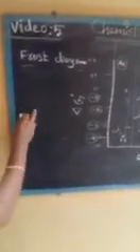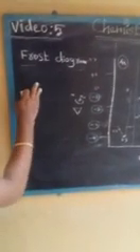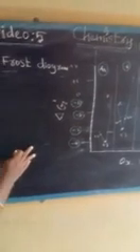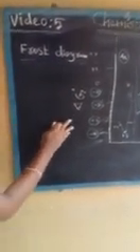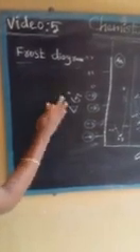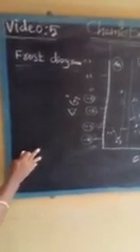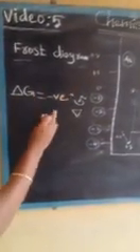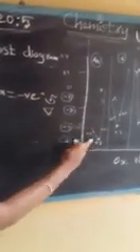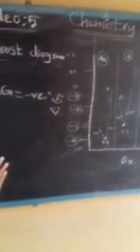Okay, continuing with oxidation numbers. This Frost diagram indicates which oxidation state of an atom is stable. From this Frost diagram, we can come to the conclusion that it depends upon the delta G value. If the delta G value is negative, then that oxidation state of the particular element is stable.